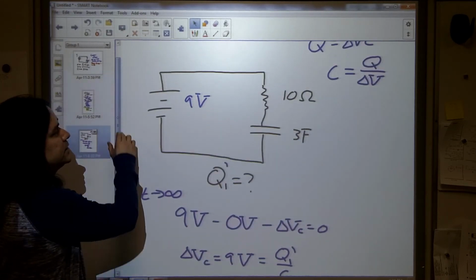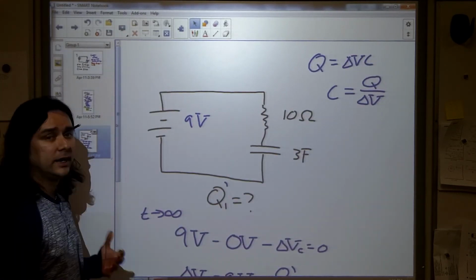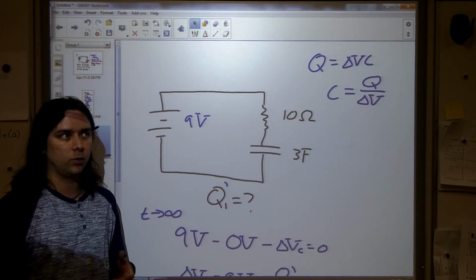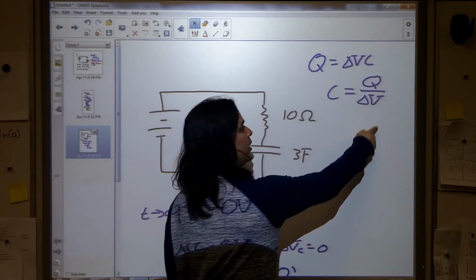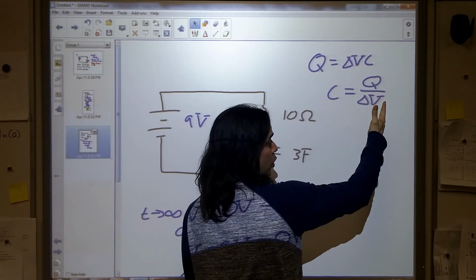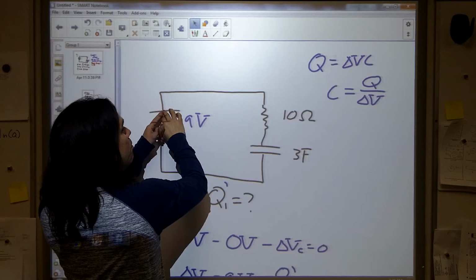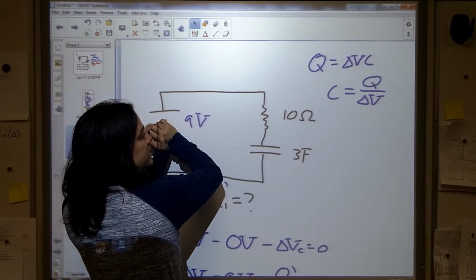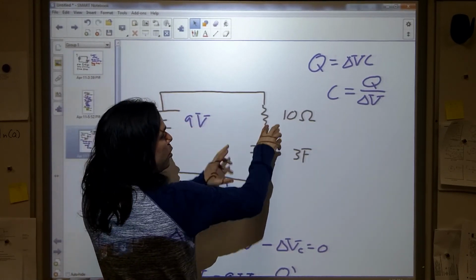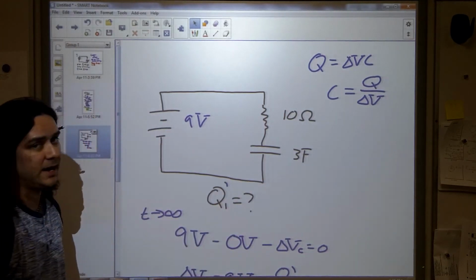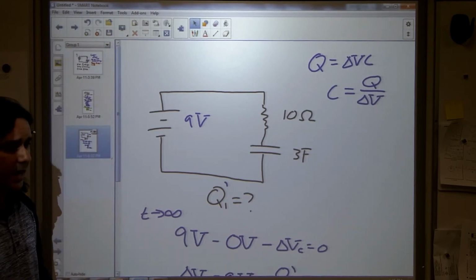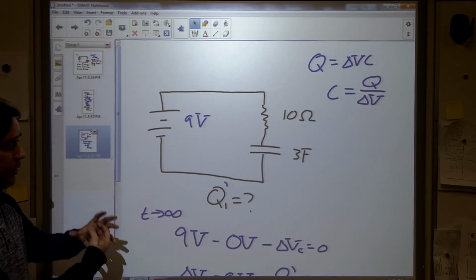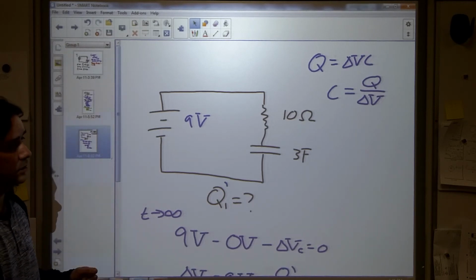The capacitance does not tell you how much the thing can hold. It's not like the idea of a 1 pound bag where it holds 1 pound. We can actually put more in there if we have more pressure, is the old way of thinking of it, but more delta V, more potential, more charges here that can help push more charges onto the capacitor. So that's something to keep in mind. In real life, capacitors do actually have a final limit where they'll break down. They have a maximum amount that they can hold, but that's governed by things inside the capacitor, not necessarily the